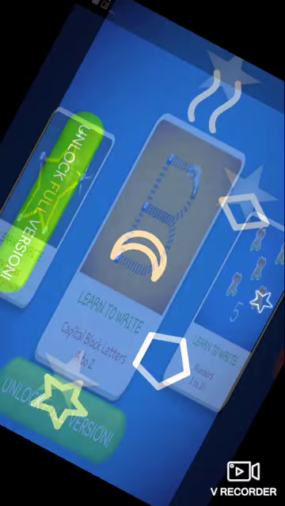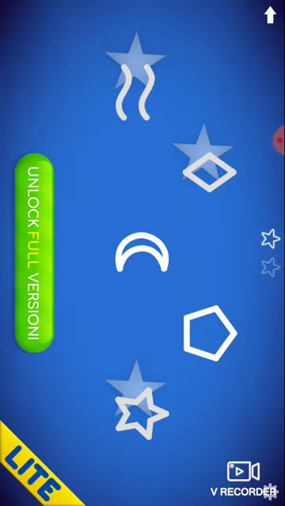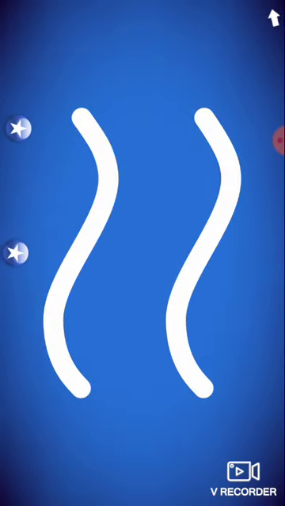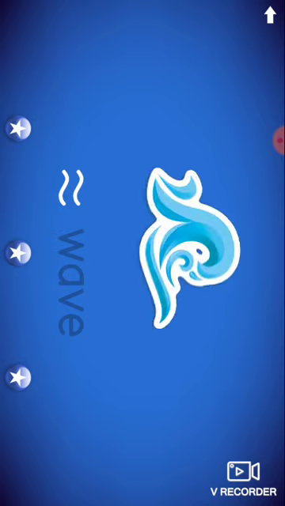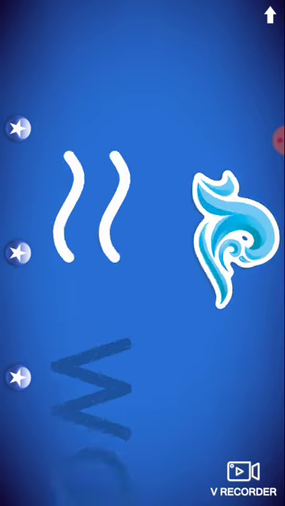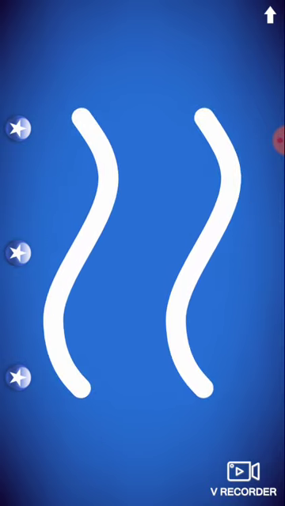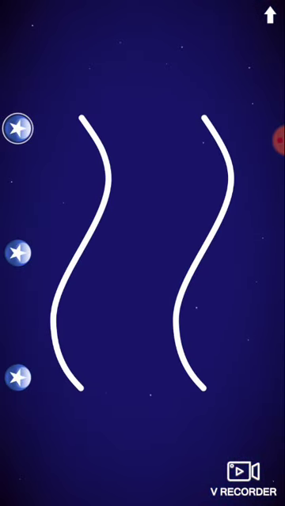Next, you can go with how to use a shape. See the wavy lines. This shape is a wave. See the first option.